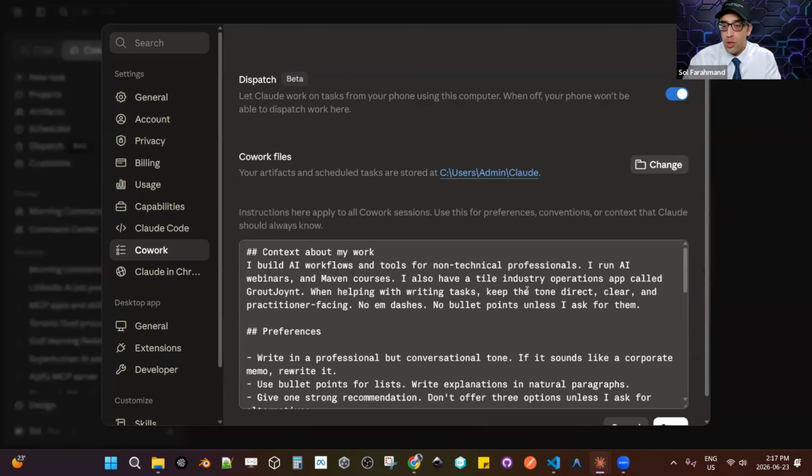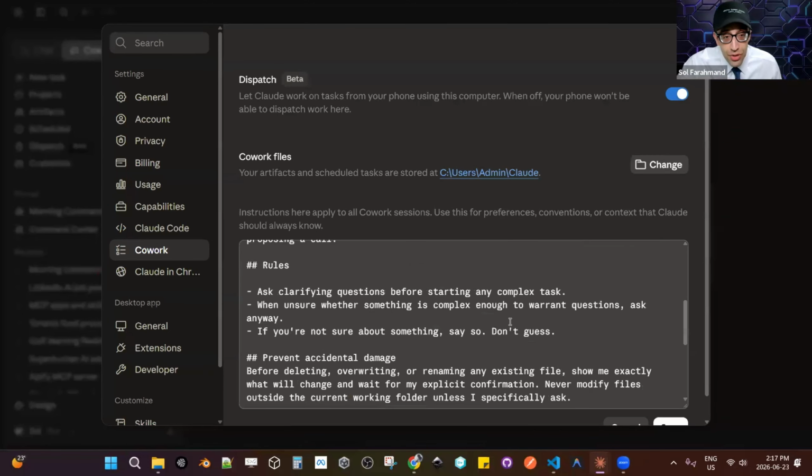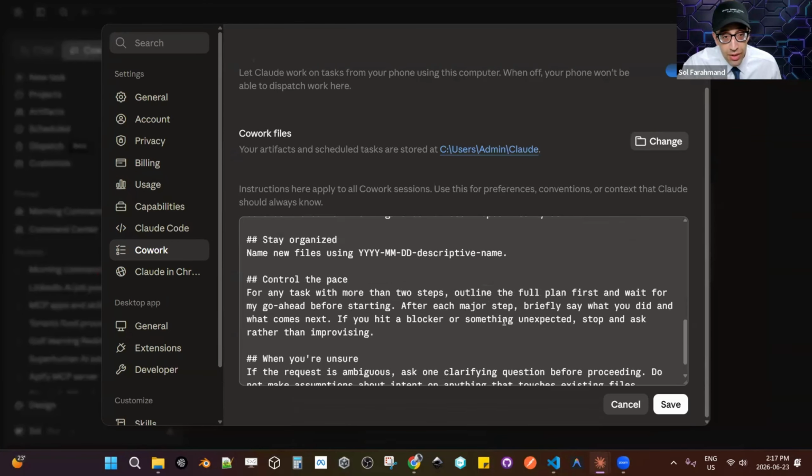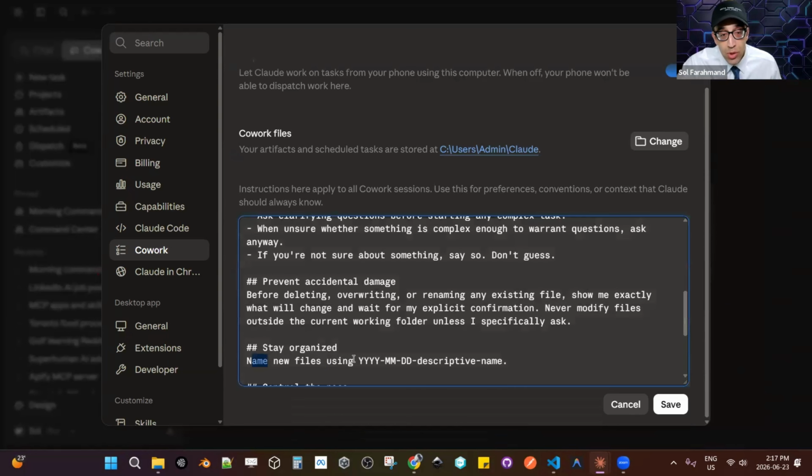This is the set of instructions you would give Claude to work across everything that you do. If you wanted to write a certain way, or create files a certain way, and I'll show you some of the things that I've done: stay organized, name new files using this format. Okay, it will follow these instructions. I like this example to talk about. When you get a job at a new place, HR gives you a set of instructions